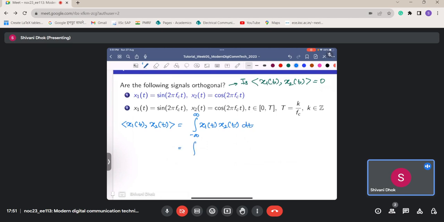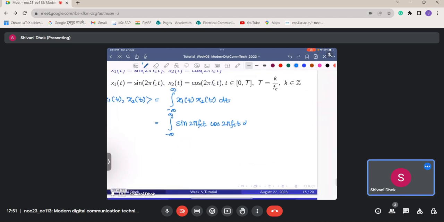This I can write as the integral from minus infinity to infinity of sine 2 pi fc t into cos of 2 pi fc t dt, and this I can write as the limit T tends to infinity of the integral from minus T by 2 to T by 2